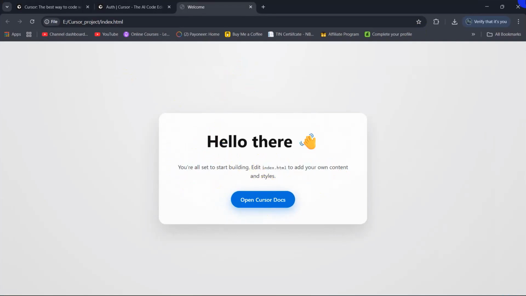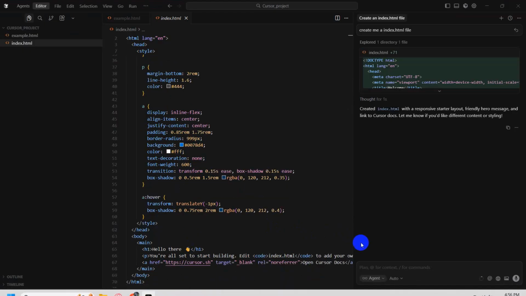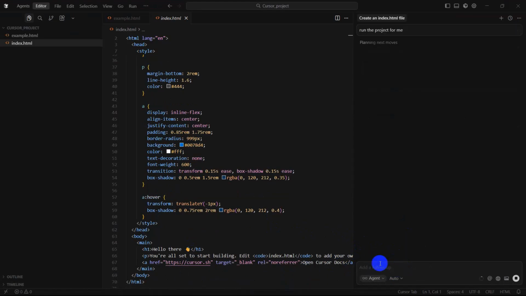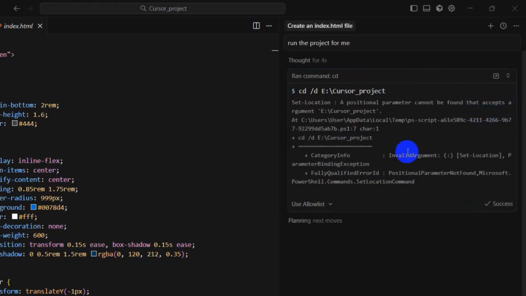So yeah, right now what Cursor can also do for us is that if we just say over here in this chat option, run the project for me, it can run the project for us. And here you will see some option over here. Here you can see allow and run. If I now click on run,